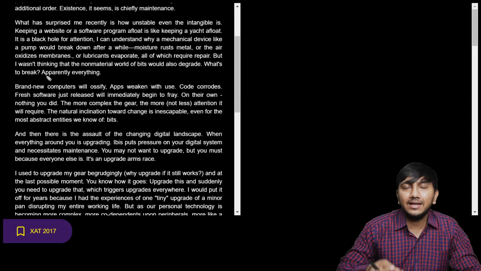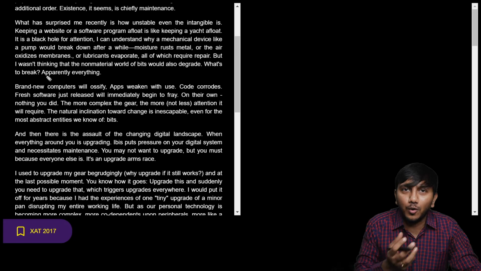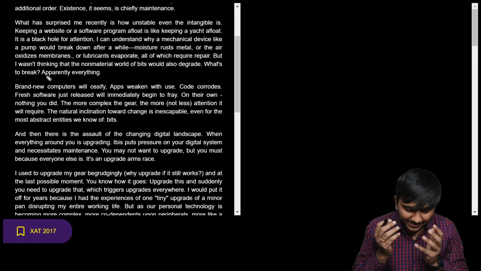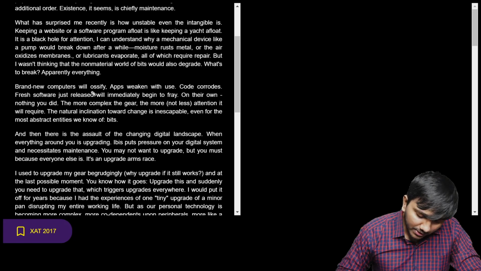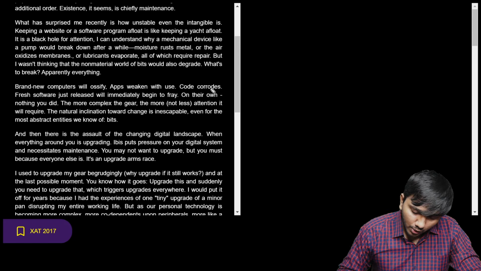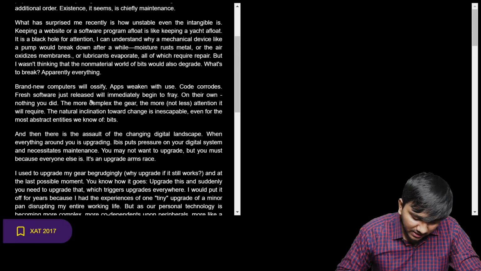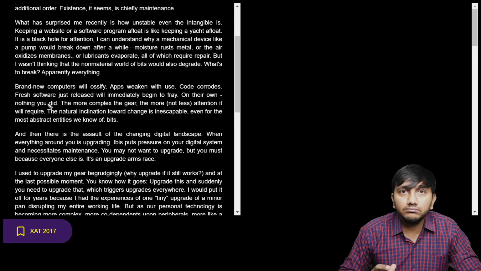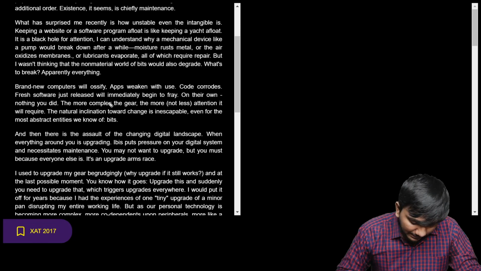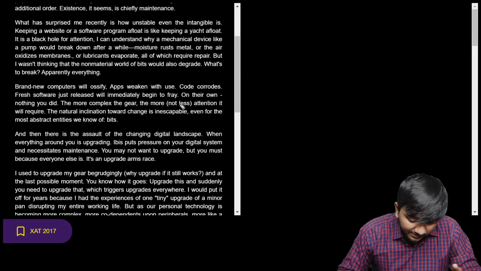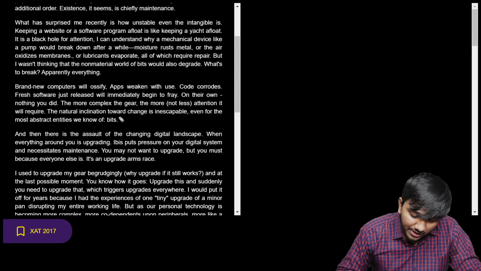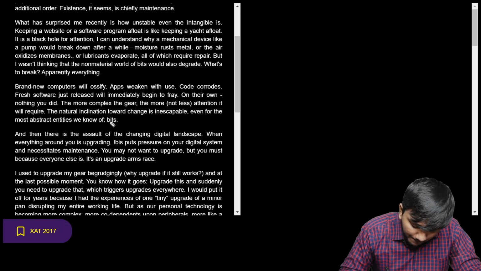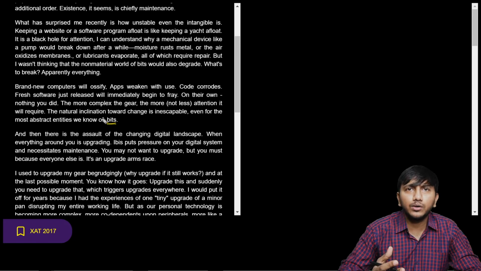So he is telling us even computer programs, which cannot erode or have the kind of problems that physical things generally have, even they require maintenance. Brand new computers will ossify, weaken with use, code corrodes, fresh software just released will immediately begin to fray. On their own, nothing you did. You don't have to do anything. The more complex the gear, the more, not less, attention it will require. The natural inclination towards change is inescapable, even for the most abstract entities we know of, bits, which is something to do with software and all that,